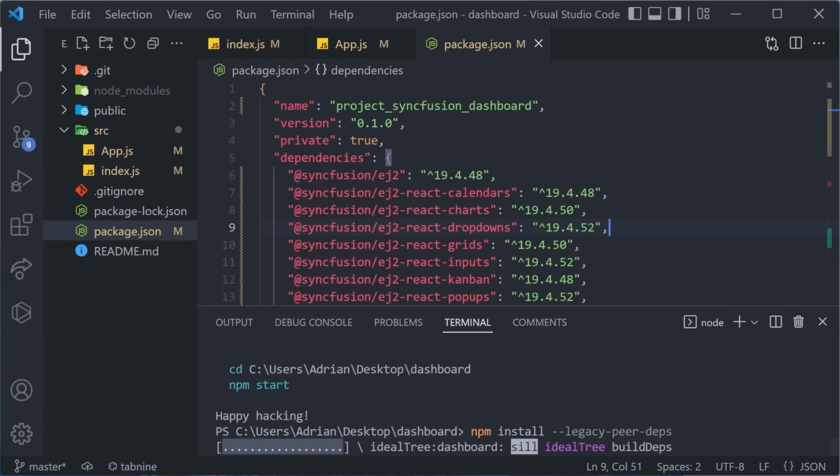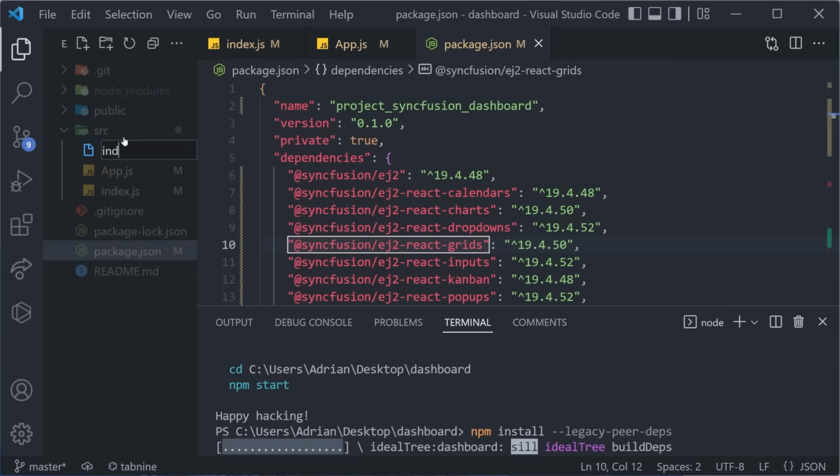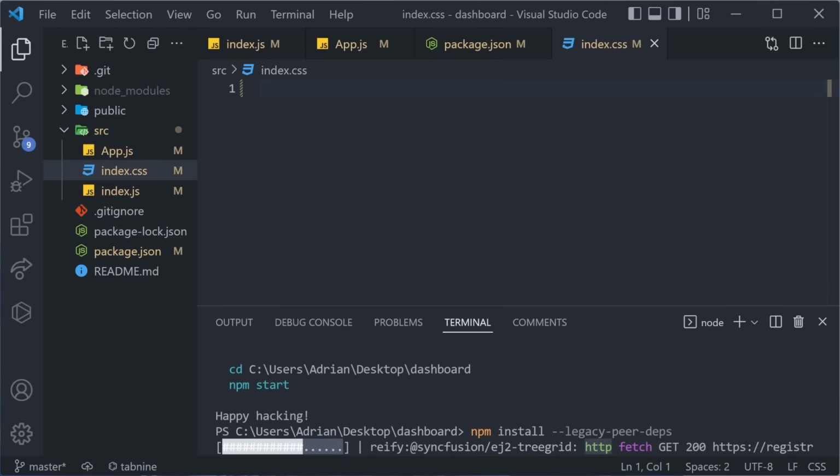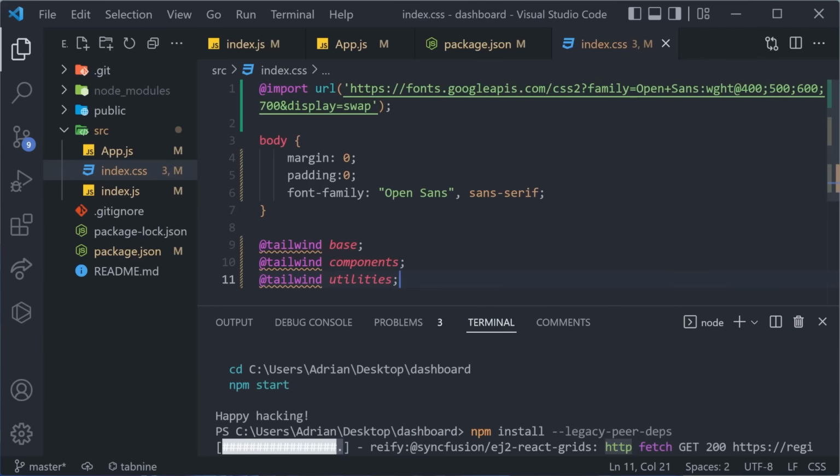our styles. What you can do is you can create a new index.css file in the source folder, index.css. Inside of here, you can copy and paste the file, which you can also find in the description. It's going to be a simple file containing the import for a good-looking font. We're resetting the margin and padding on the body, and we're importing Tailwind, so we can use those great Tailwind